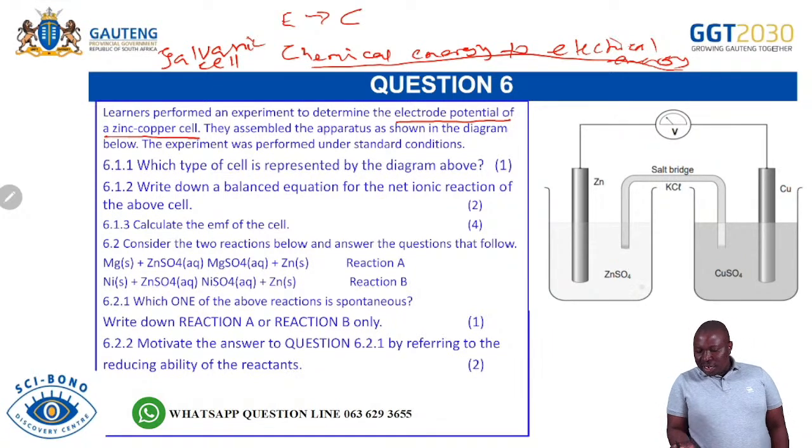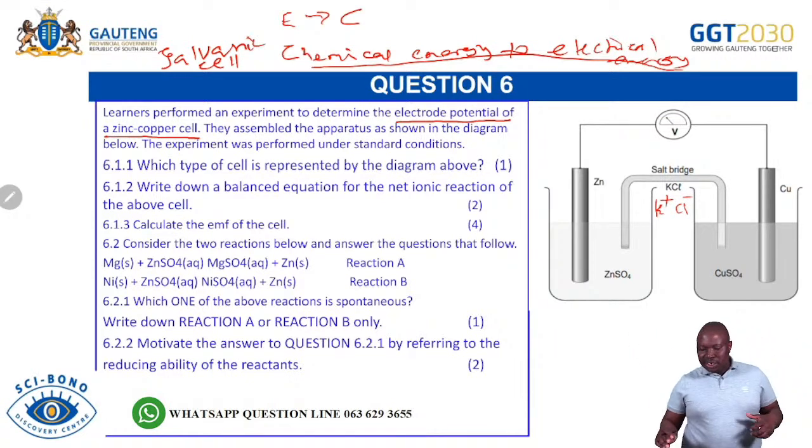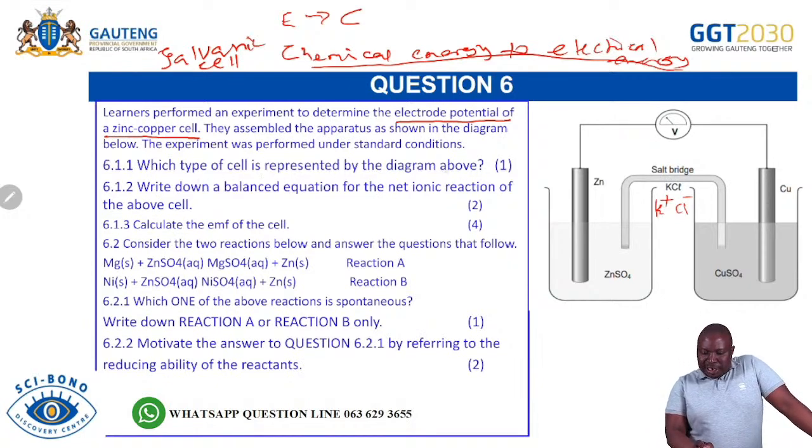You can see we have zinc in a zinc sulfate solution. We have copper in copper sulfate. We have a salt bridge with a salt. Our salt is KCl. Remember, chlorine is a group 17 element, which means it has a charge of -1. So when you separate your salt here in the salt bridge, the cation will be K+, and the anion would be Cl-. So you have to know that chlorine is always -1. Then when you add the 2 oxidation numbers they must give you 0, which means potassium has a positive 1.